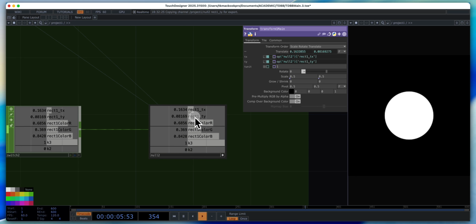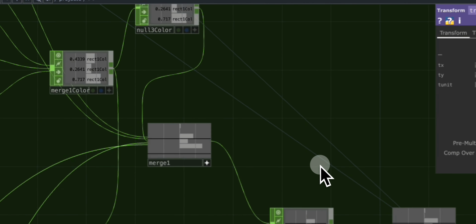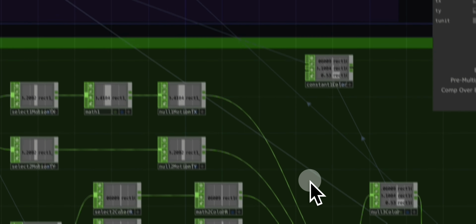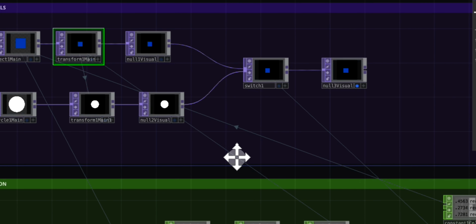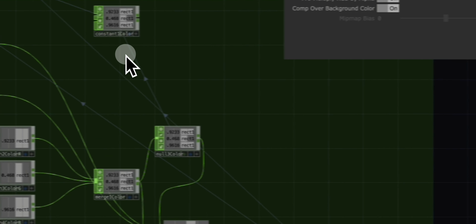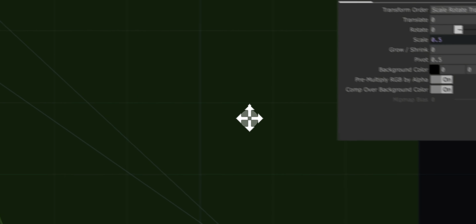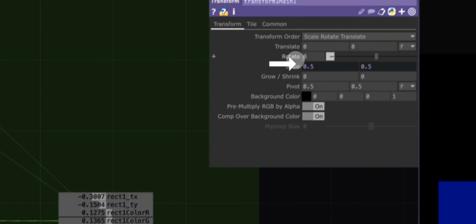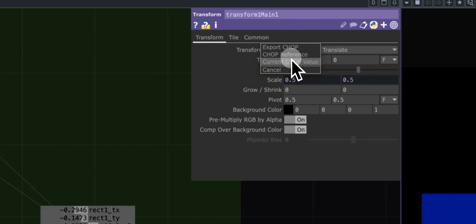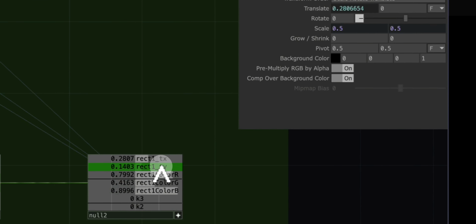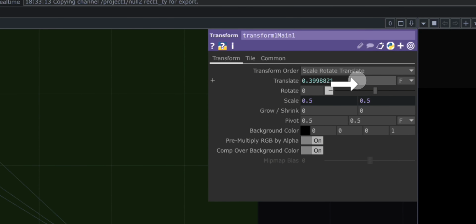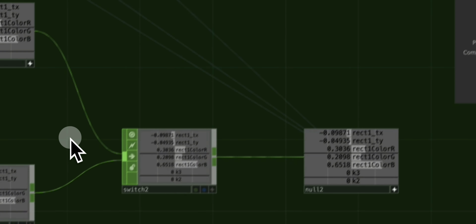Okay, and then if we wanted to transform the circle, now the circle's not moving, and all we need to do to pulse the same animations is drop our translate from rec1, and now when we hold,